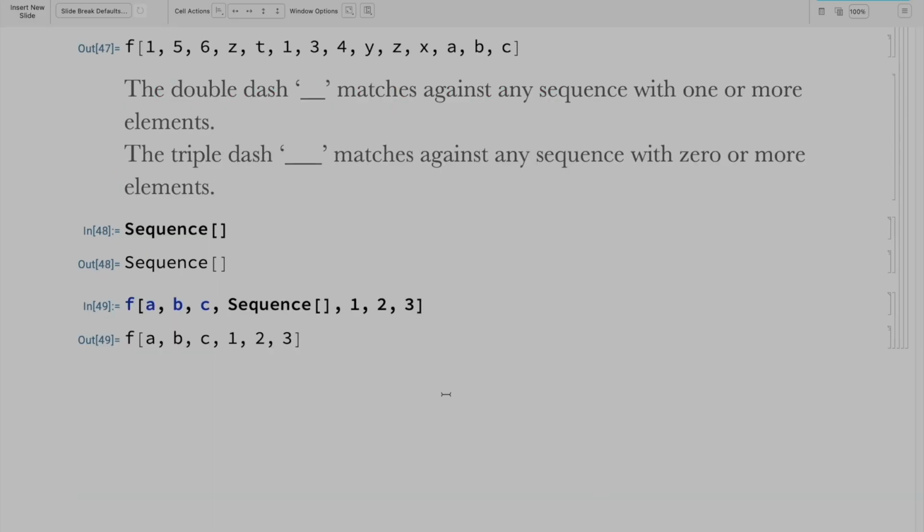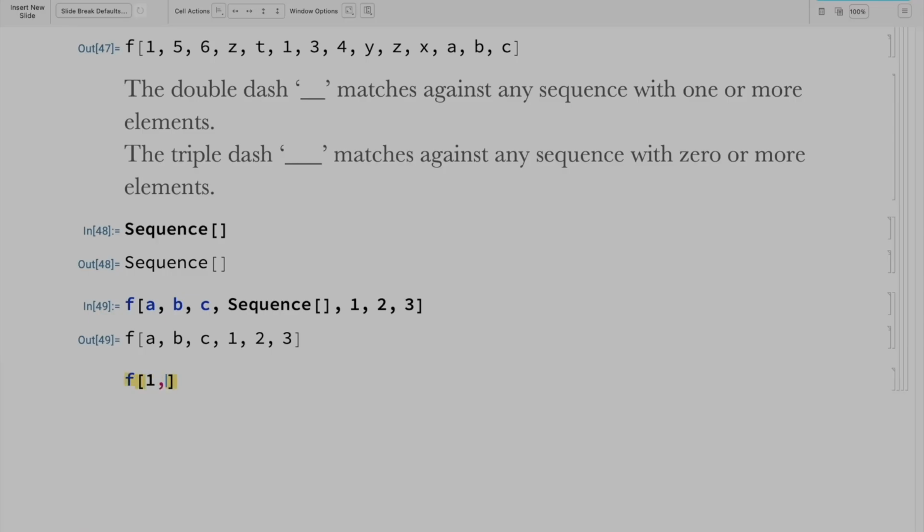But I need to clarify something first. When Mathematica pattern matches, it always mutates the expressions in ways such that it tries to match the expression to the pattern, right? So if it's trying to match an expression to a pattern and it can change the expression in ways that are equivalent, that will still match the pattern in some way, then it does that. For example,